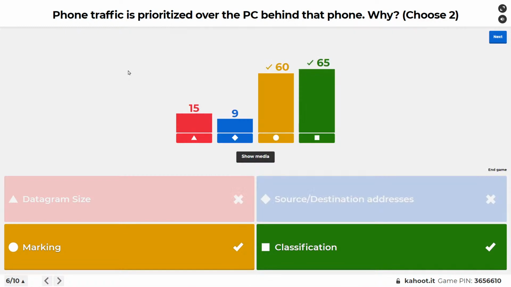All right. So let's go back here. So phone traffic is prioritized. When the phone is actually forwarding traffic, it's marking it. And then we can also train the switch, when it receives those markings, to trust those markings or to go ahead and reassign markings. That way you can help protect against a hacker or somebody else who's just artificially marking their traffic with certain bits in the IP header, and you don't have to trust it. So your switches, your ingress devices, don't have to trust that.